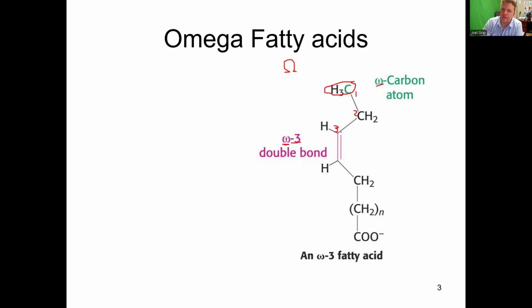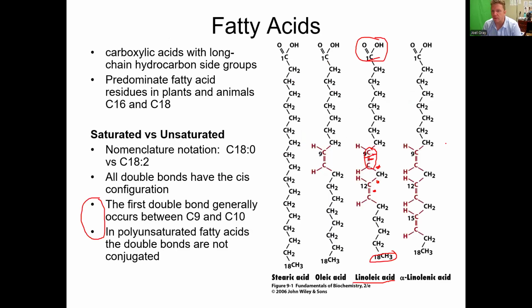This omega numbering scheme starts from our methyl end. That's carbon number 1, 2, 3. We've got our double bond right here. So now to apply this, we're going to bounce back a previous slide. I'm going to clear out all of my drawings here. When you look at stearic, oleic, linoleic, and alpha-linolenic acid, one of them is an omega-3 fatty acid because it